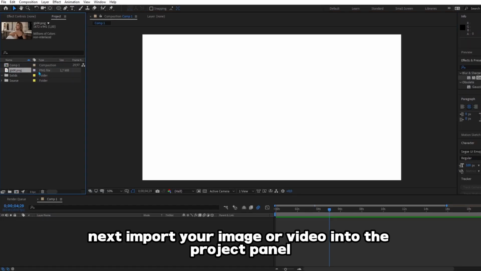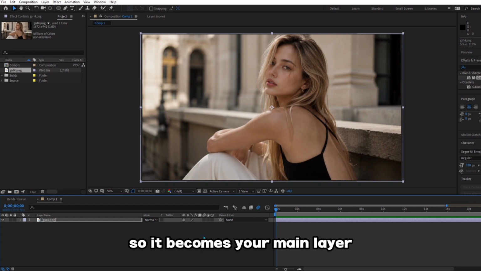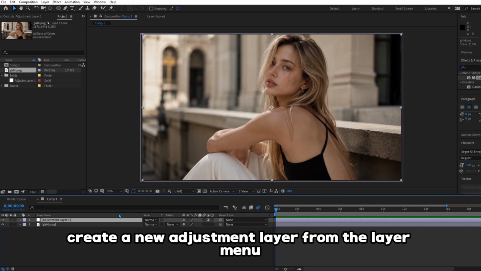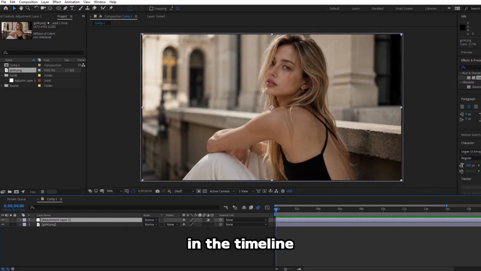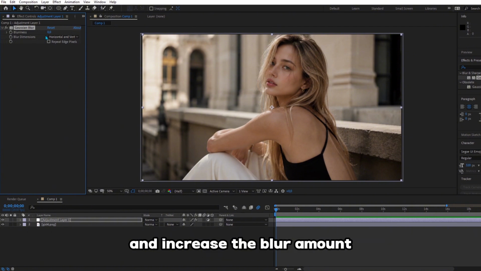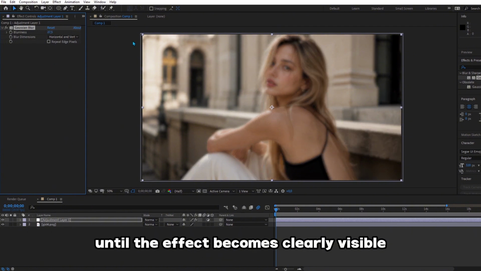Next, import your image or video into the project panel and add it to the timeline, so it becomes your main layer. After that, create a new adjustment layer from the layer menu and place it above the clip in the timeline. Apply the Gaussian blur effect to the adjustment layer and increase the blur amount until the effect becomes